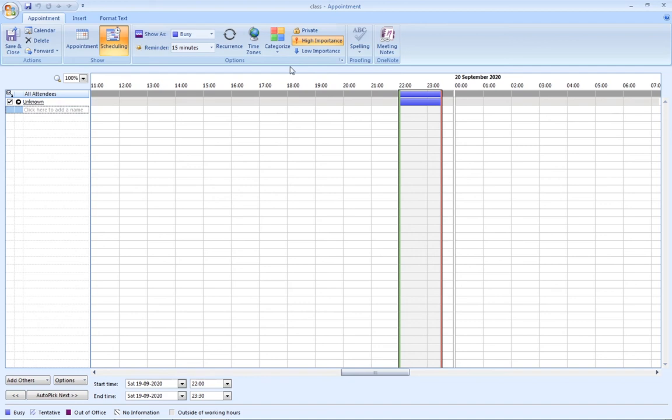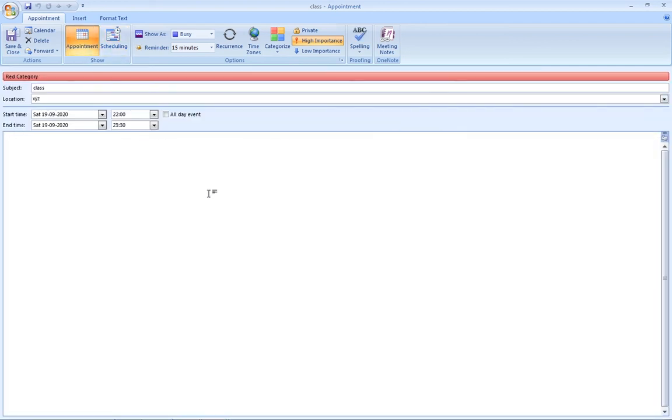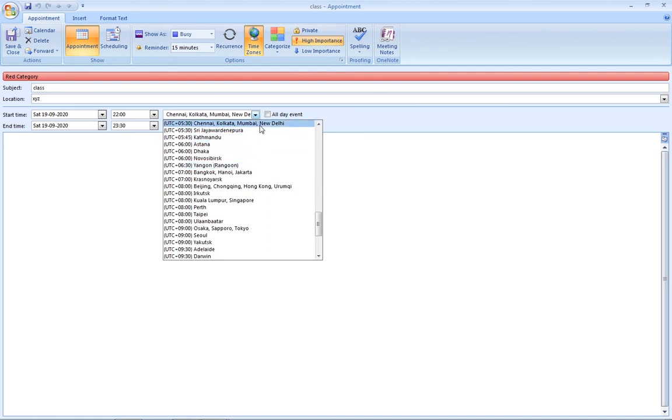And also, it may ask you to write the steps for how to create a new appointment in MS Outlook. Okay, so these are the basic steps or basic questions that can be asked in the question paper. Okay, so I hope you got the point about how to create a meeting, how to schedule a meeting, how to categorize a meeting, how to select the time zones also. Okay, and you can select the time zones here. These are the time zones all available here, and you can select on that.